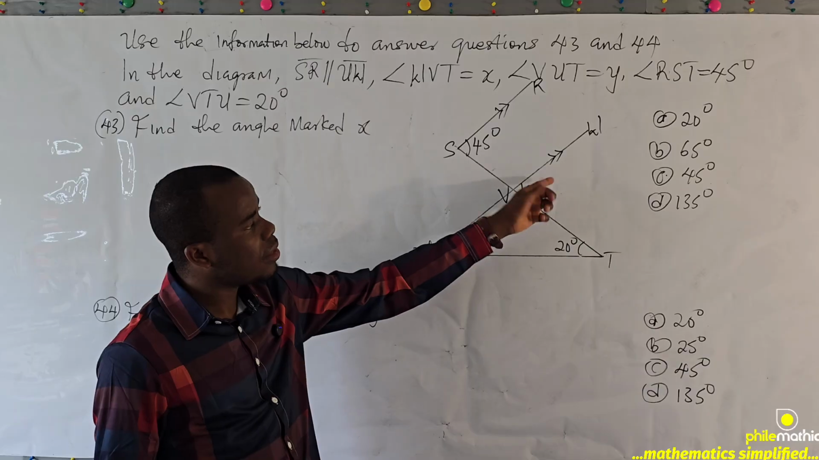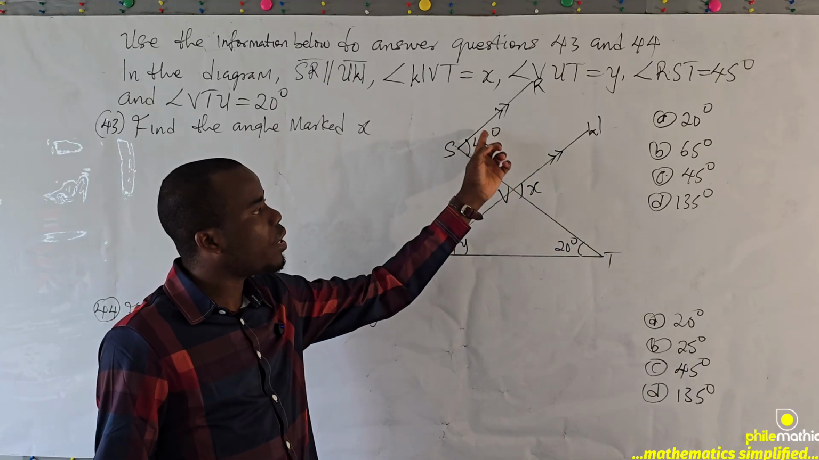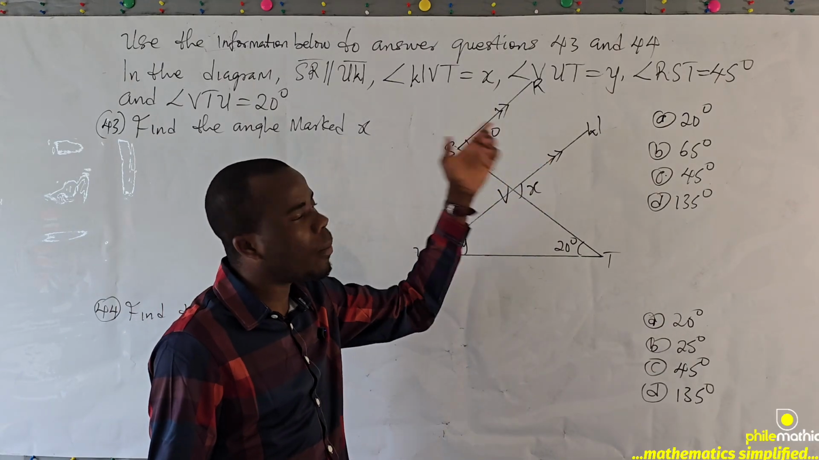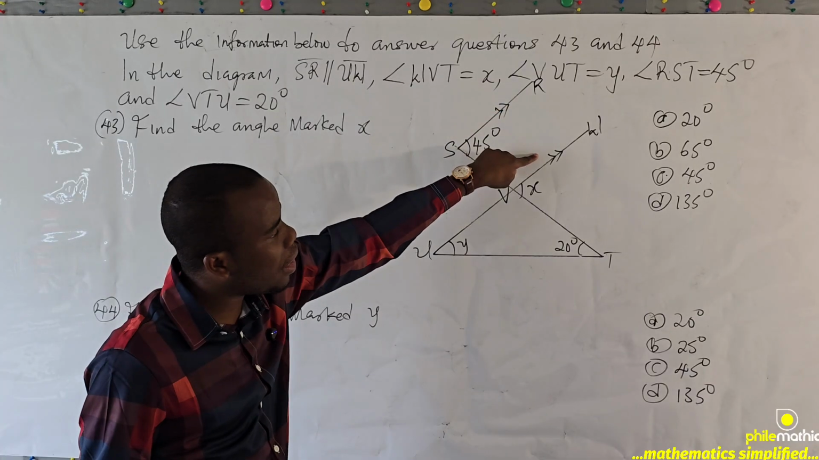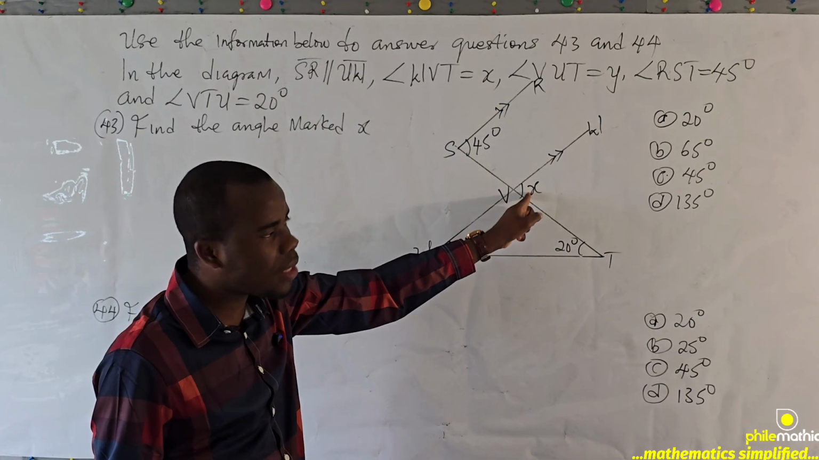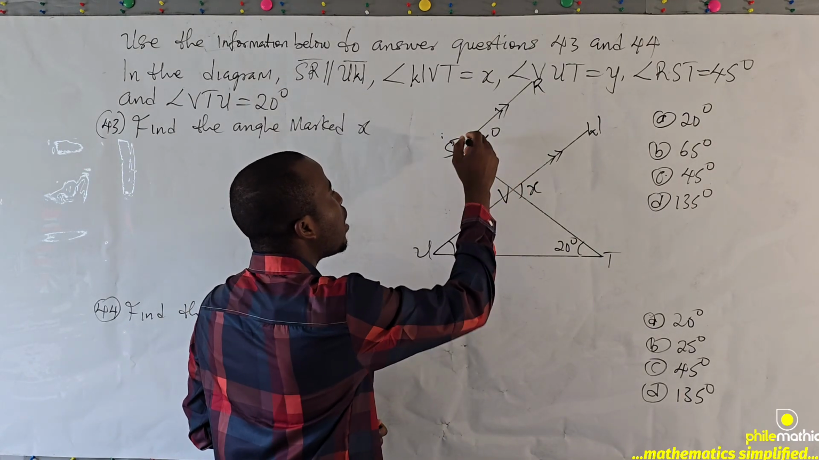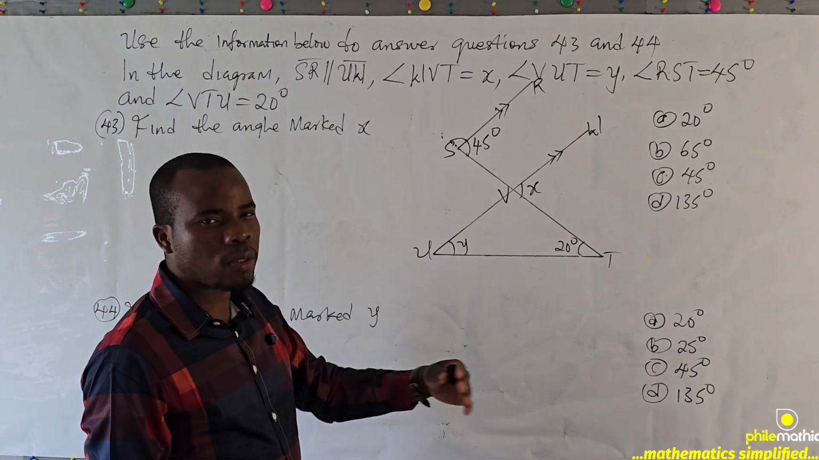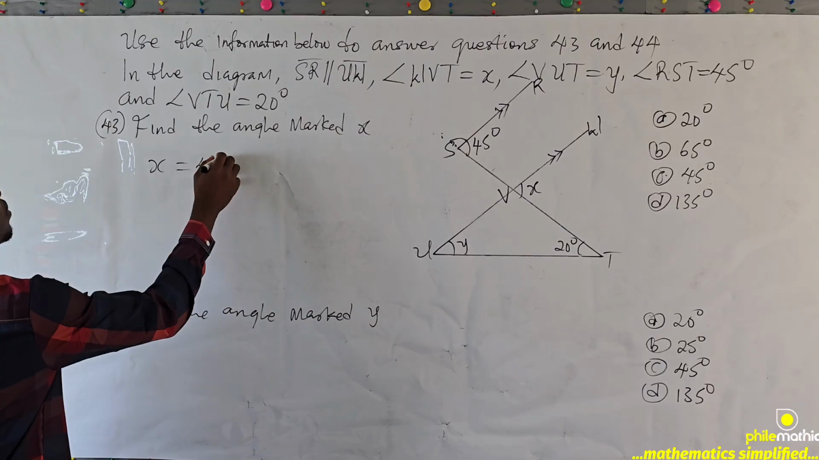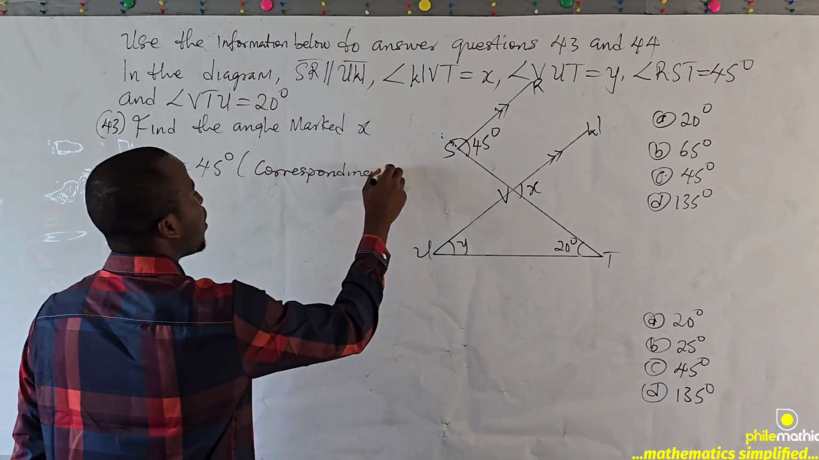How do we get this X? It's simply corresponding angles, because corresponding angles are equal. Why are they corresponding? Because these two lines are parallel. When you have two lines that are parallel, the angle here and the angle beneath here are equal. Likewise, the angle here, if you extend this above, and the angle here are equal. We call them corresponding angles. And so X is simply 45 degrees. Reason: corresponding angles